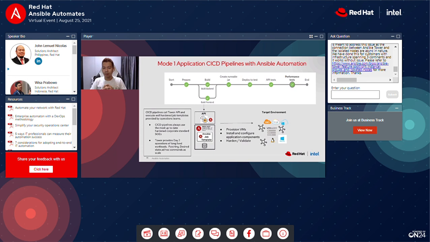So that is one of the very good things about Ansible: in Ansible Tower we have the REST API. So if you have any other technology or tools in your environment, be it a CI/CD pipeline, your ITSM tool, or monitoring tools, right? If they have a REST API triggering capability, they can trigger Ansible to do something for them. So in this use case,